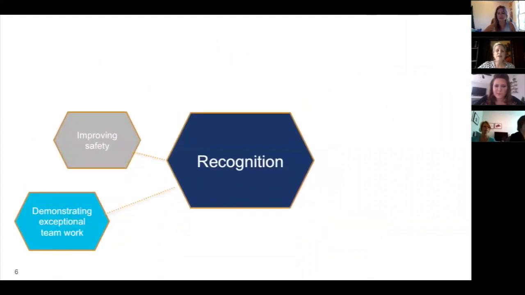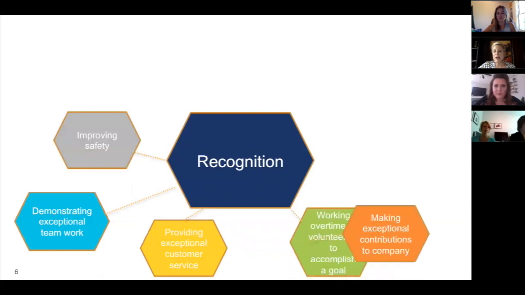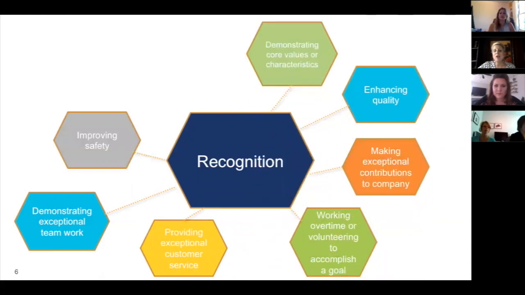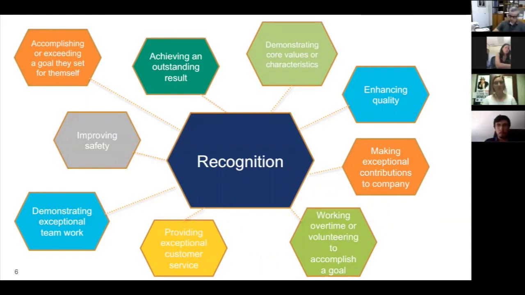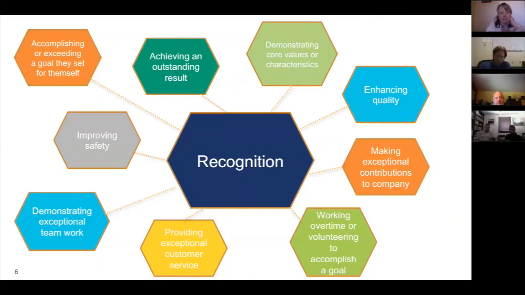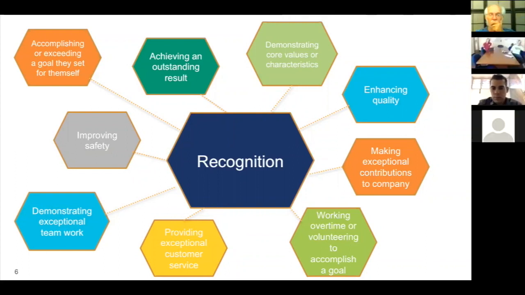One of the things that I had to teach myself to do, because we are so busy and doing a million things at once, is looking for the opportunities to recognize. It's not like we don't want to recognize our people. We just need that time. We need to know exactly what we need to recognize. So once we start to notice these and put them on our calendar, we're going to make this a habit.